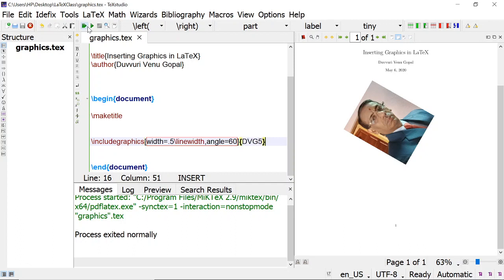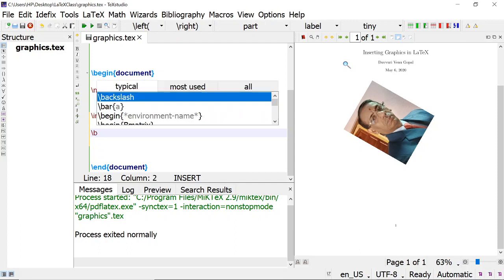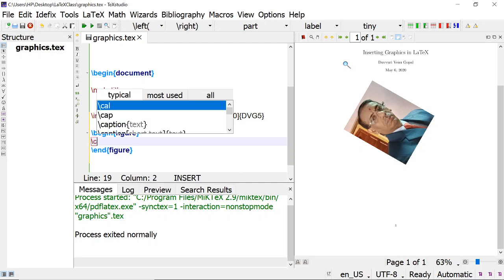But this is a simple graphic. There is a command called begin figure, end figure. One environment is there, begin figure and end figure. If you use this, we can do many things.